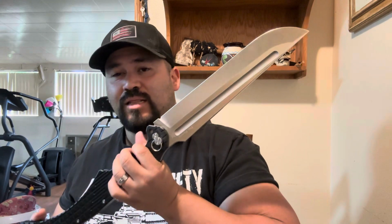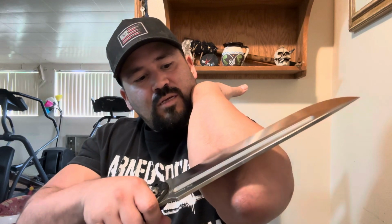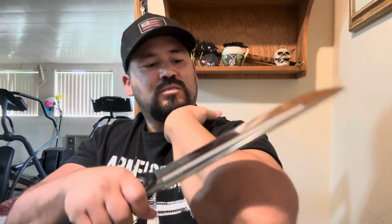If you're a collector and you love big freaking folders, I love big folders, I love them, then it is what it is. You know what I'm saying? Let me show you here. Let's sit down. I barely have any hair because I shave all the time doing demonstrations, but let's see how sharp it is. Oh yeah. Like I said, I have very little arm hair here because I'm always doing demonstrations and shaving my hair,